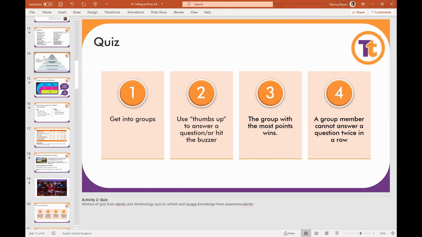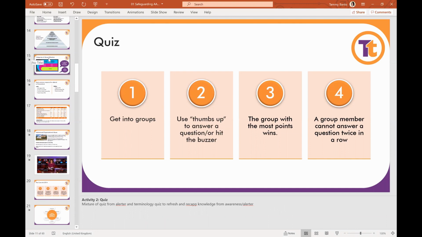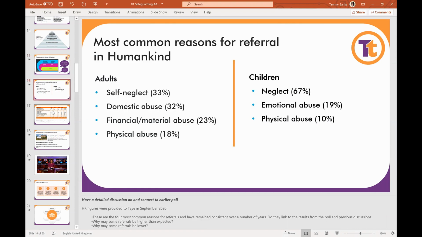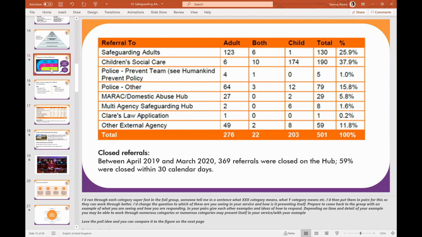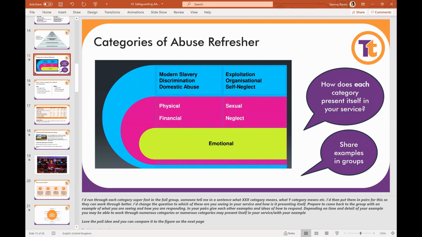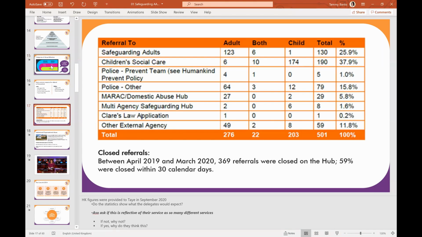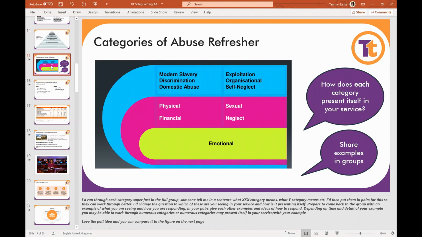So your legislation bit would probably come first. Then I think I would go on to the humankind specifics stuff, and find out what their, so all of this type of stuff. So the categories of abuse, humankind, and I would spend a good amount of time on this, and then connecting it to this and this, because you can do so much between. So Joe, you gave an example of physical abuse for older teenagers and with an emotional connection and exploitation, etc.